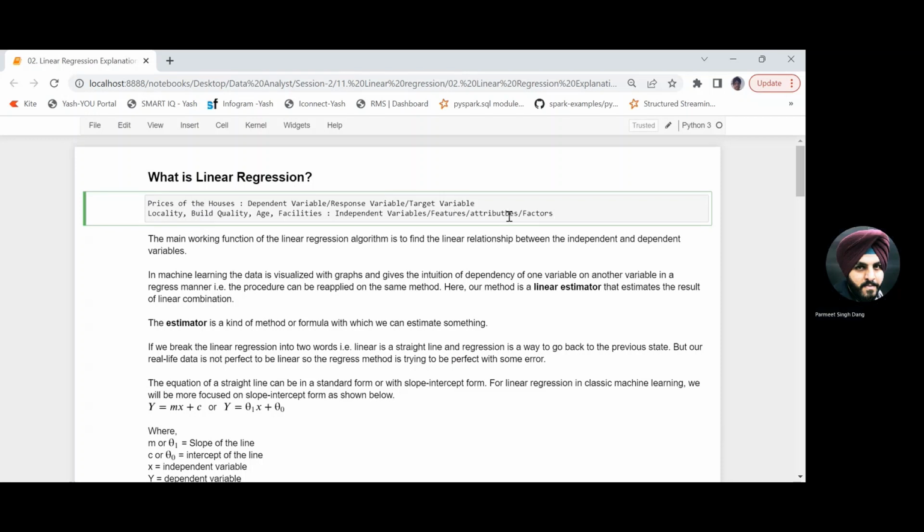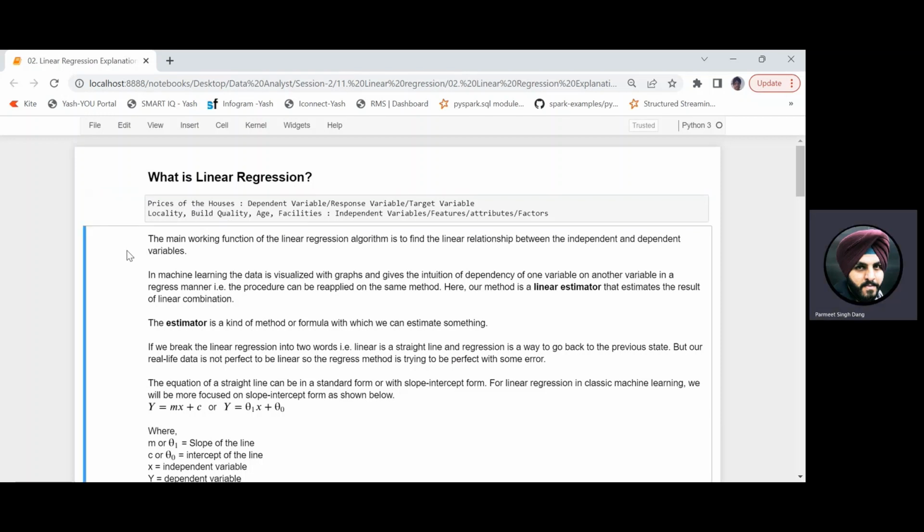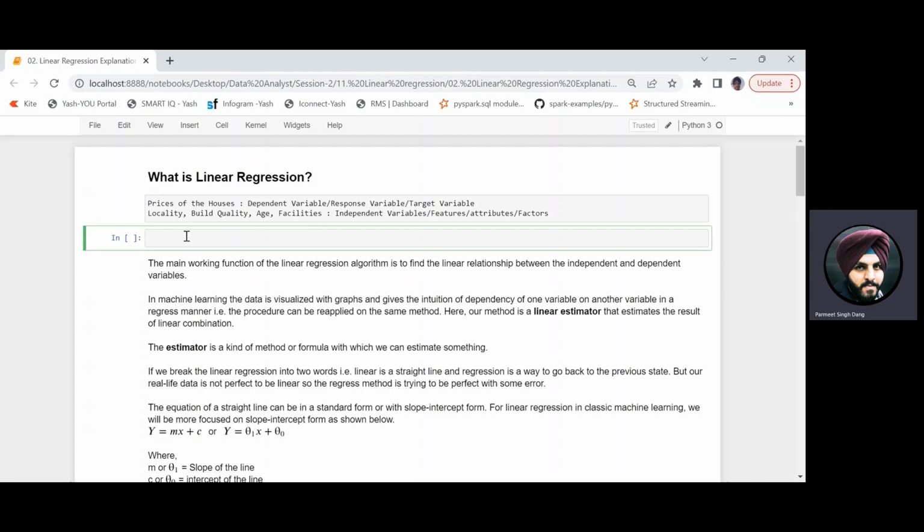Now we understood what is independent variable and what is dependent variable. And in linear regression algorithm, we want to find a relationship, a linear relationship between the independent and the dependent variable. Now, what we would be doing in this linear regression, let's say if I take an example,